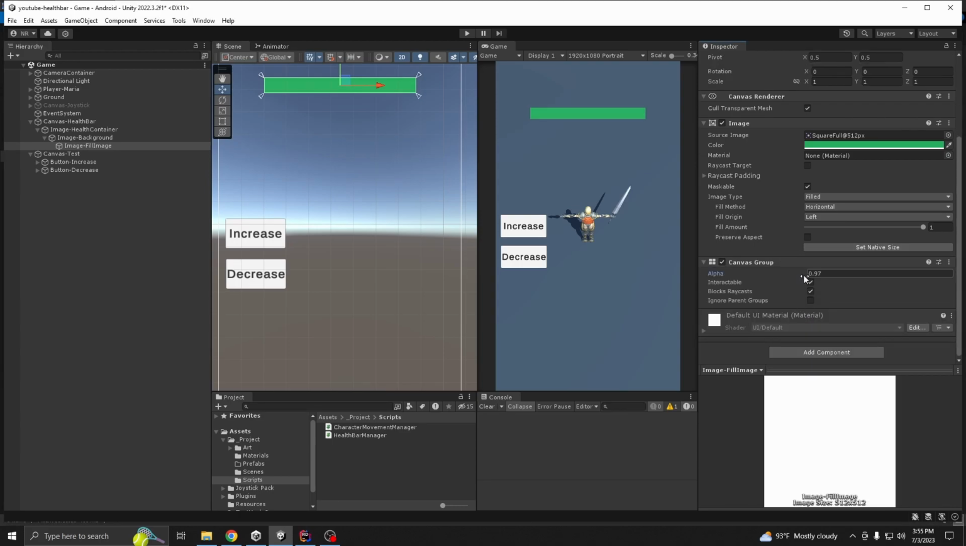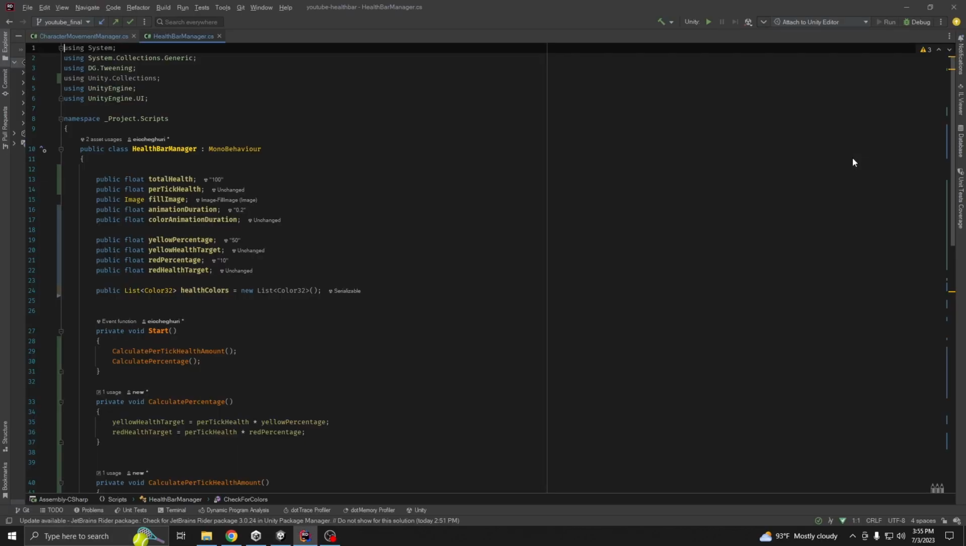Let me show you what happens. You see, it is 1, but it's 0. So we want to control it here. Whenever our health goes to red, we want to show a breathing effect, okay? But if your health goes to yellow again, it stops. For that, we need